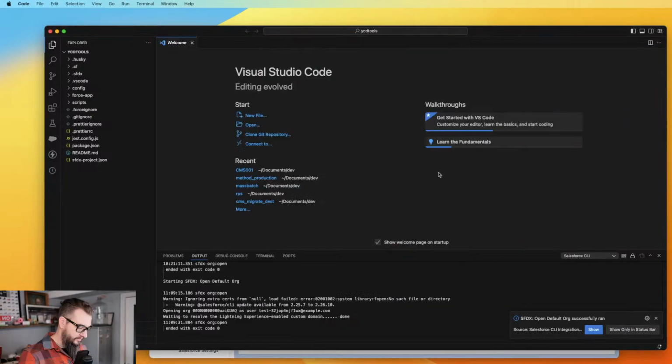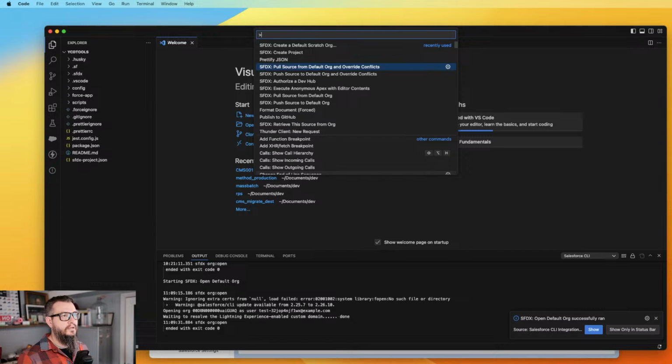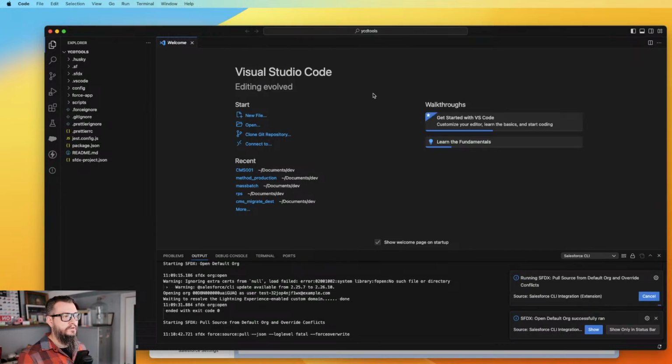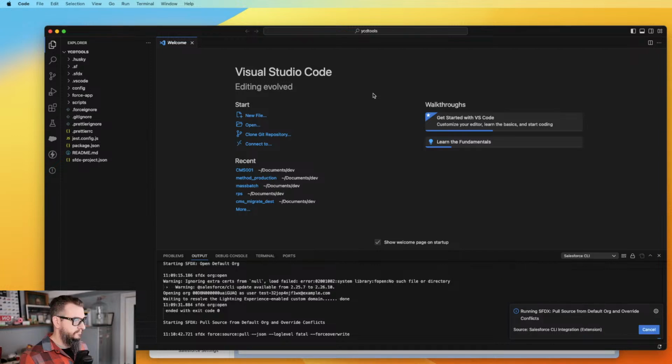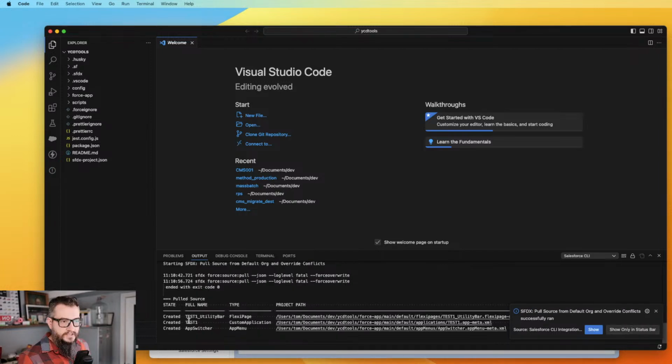Okay, so that made us some metadata. Let's go see what it looks like. Pull that into our Visual Studio. Let's see, what did we get? We got test